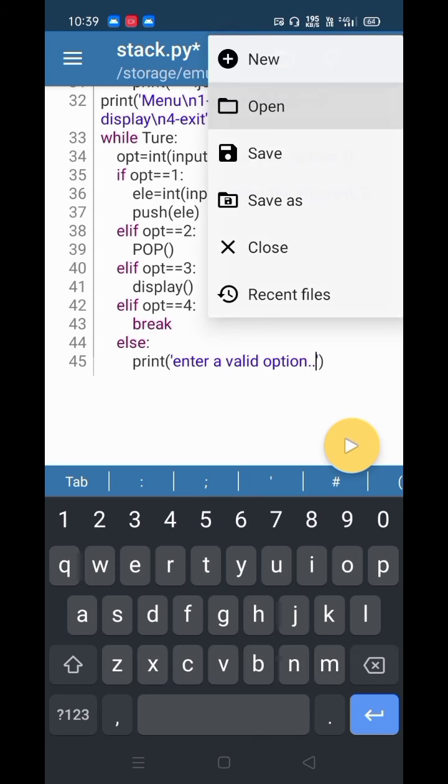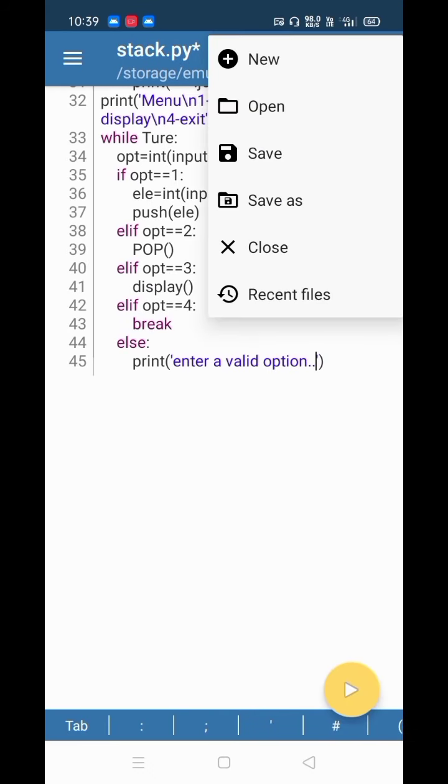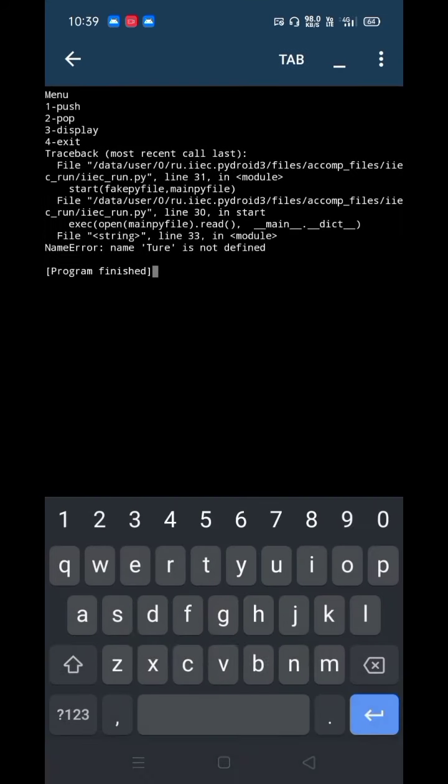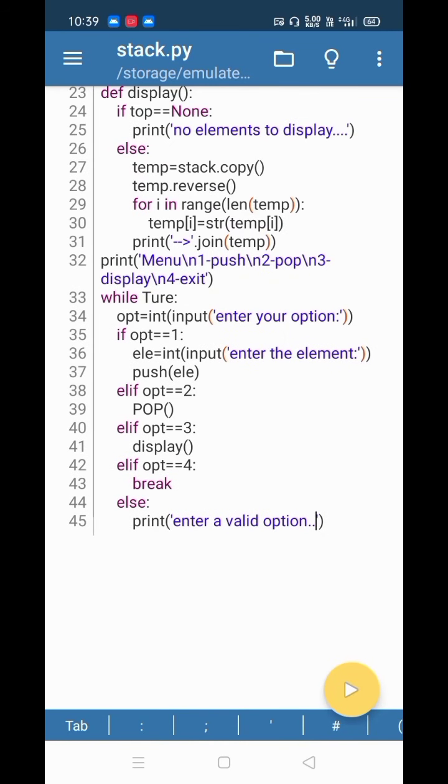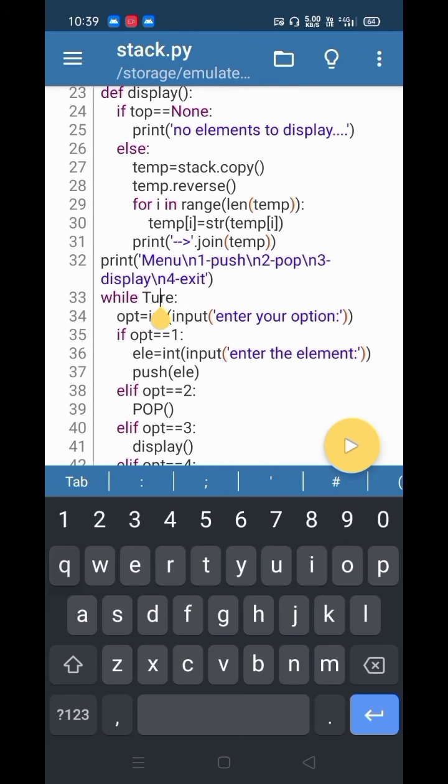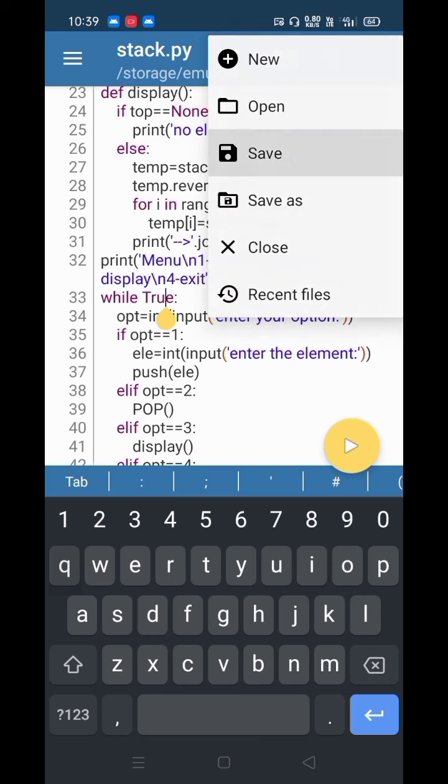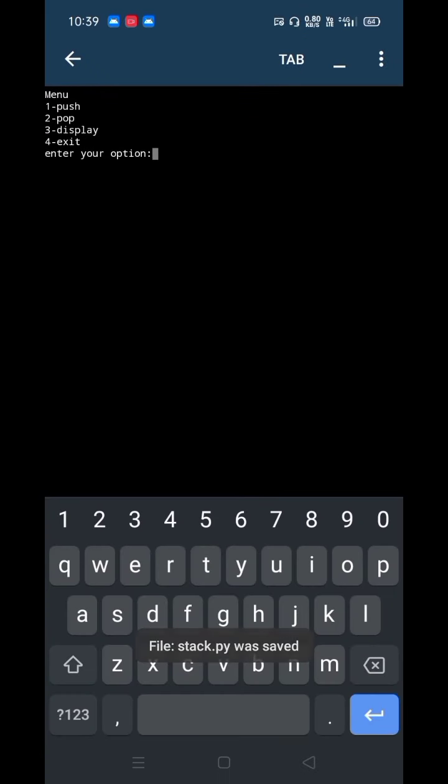So our program has been done. Let me save it and run. Here the spelling of True is wrong. Here first I will push element 3, then pop it.